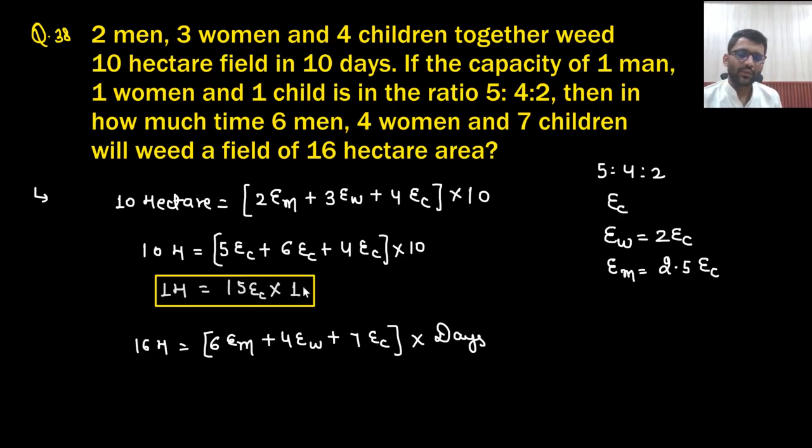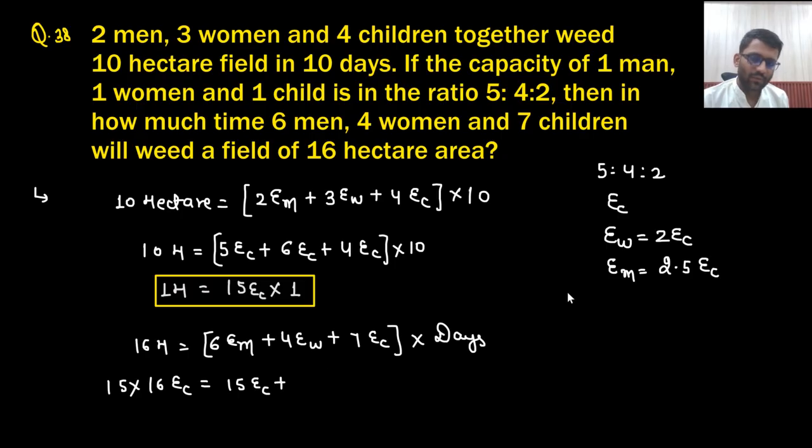So 1 hectare is equal to 15 EC. So 16 hectare is equal to 15 into 16 EC. Say yes or no? 1 hectare is equal to 15 EC, so this is equal to 15 into 16 EC. Now 6 men is equal to how much? 6 into 2.5. That would be 15